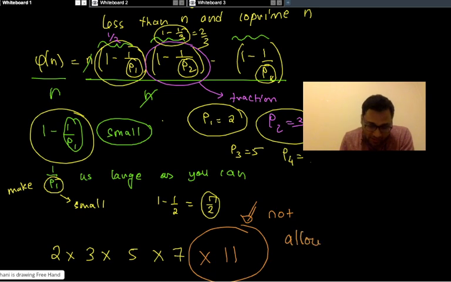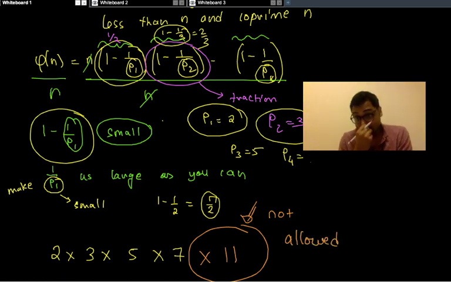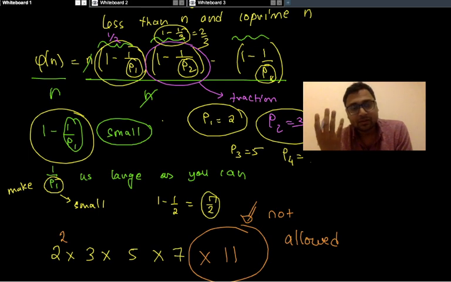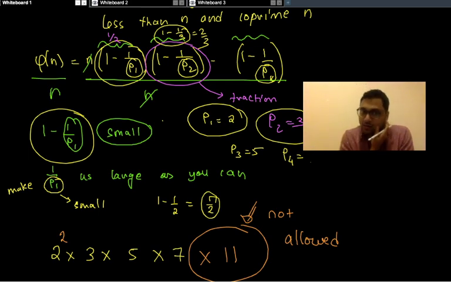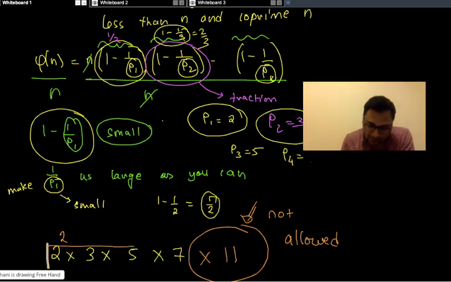Okay. Maybe you can raise these to some powers. Maybe you can use a 2 square. There could be multiple numbers that work. One such number will be 2 times 3 times 5 times 7, but there are other numbers. You can raise 2 to some power or 3 to some power. So I will let you test with those. But one number that definitely works is 2 times 3 times 5 times 7, which is